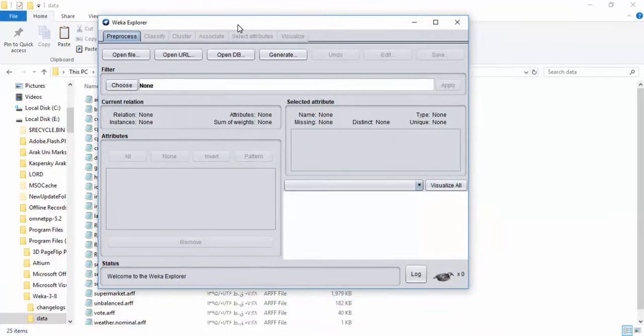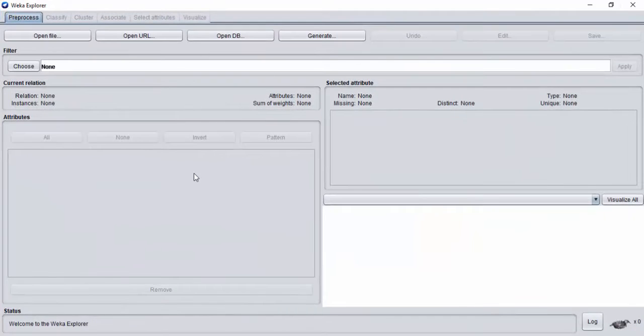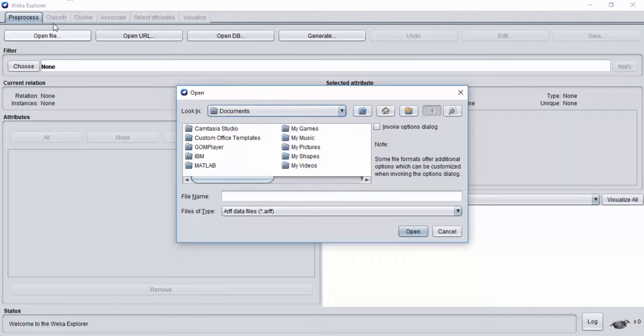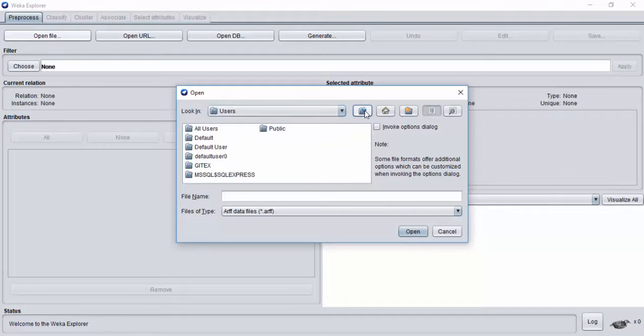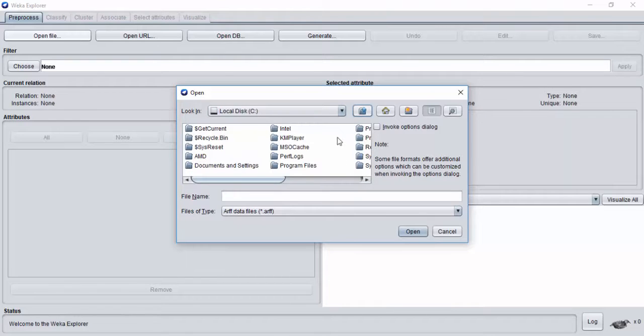Okay. In this window, we can see the pre-process tab is activated and the rest of the tabs are deactivated because we should first choose a file to import in Weka. Okay, I'm choosing open file, and I'm trying to find